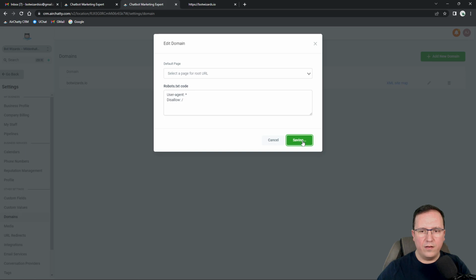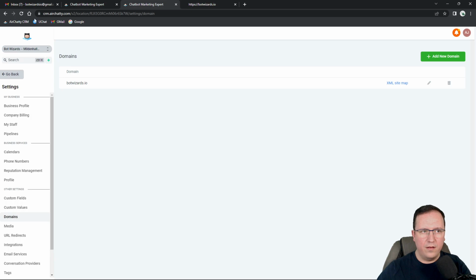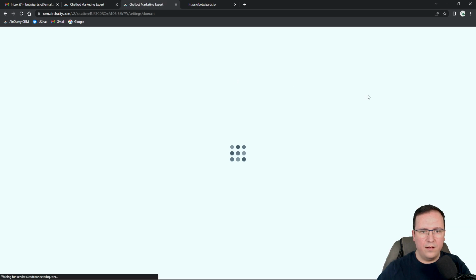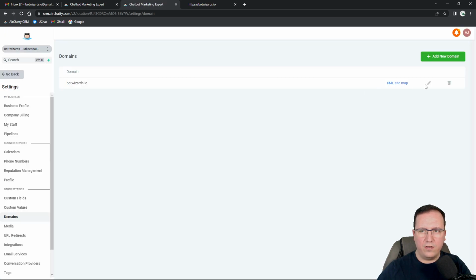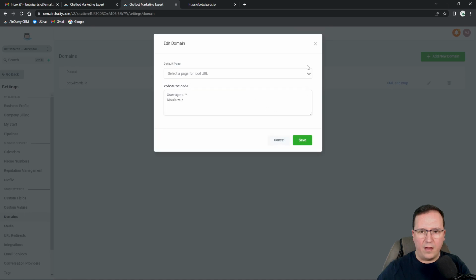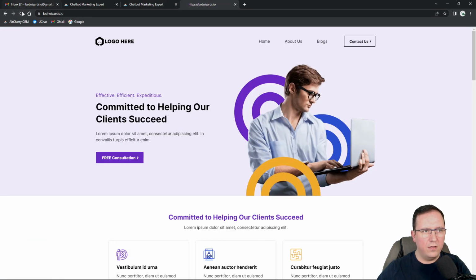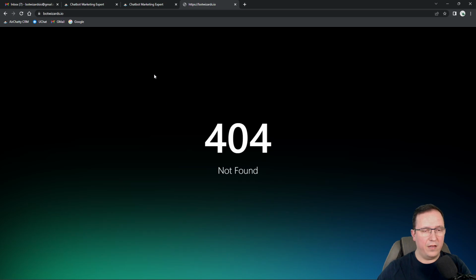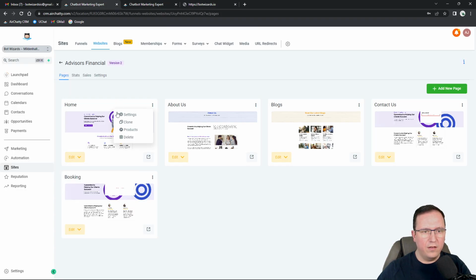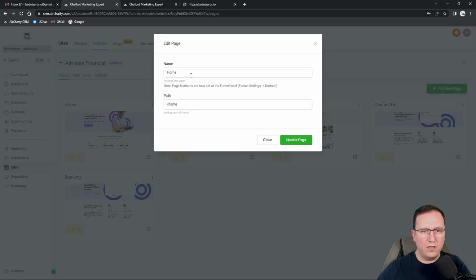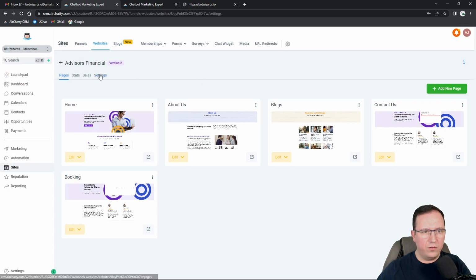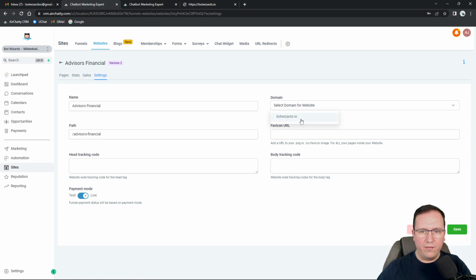Is it gonna work? Refresh a little bit. Yeah, so there's no page linked. Now if I refresh, I get a 404, which is correct. And now if I go back to my website, to these settings, and if I select botwizards here and I click save,